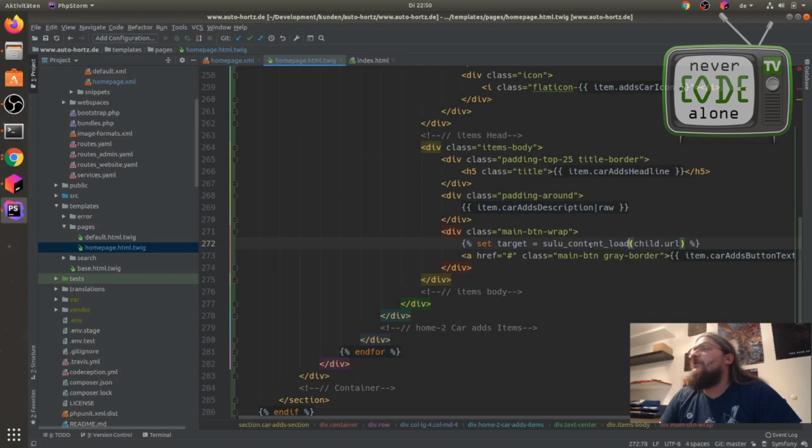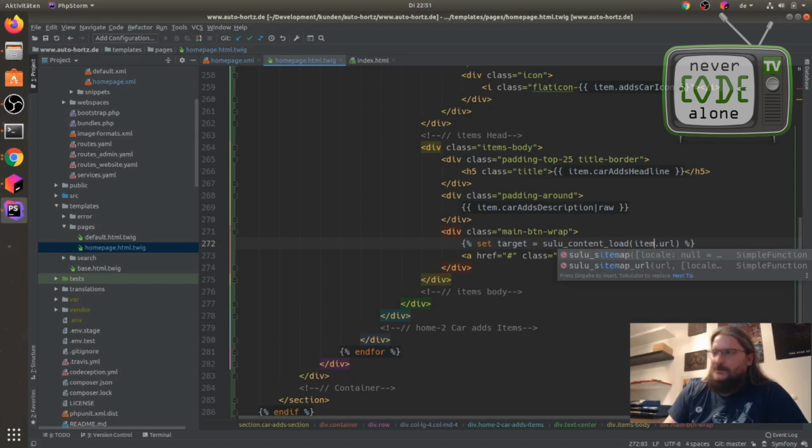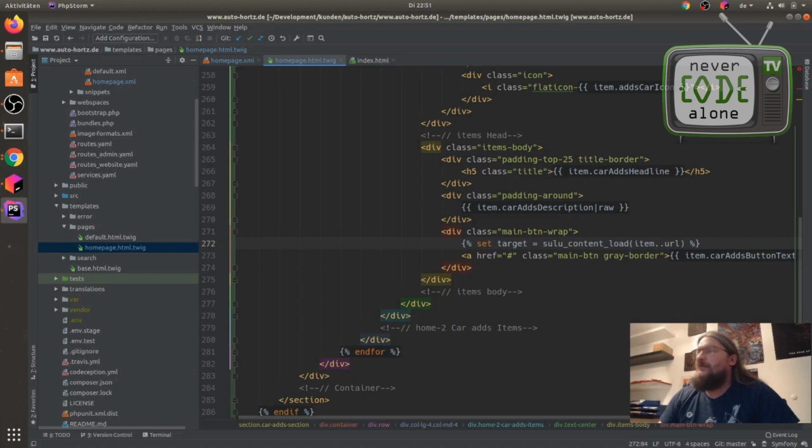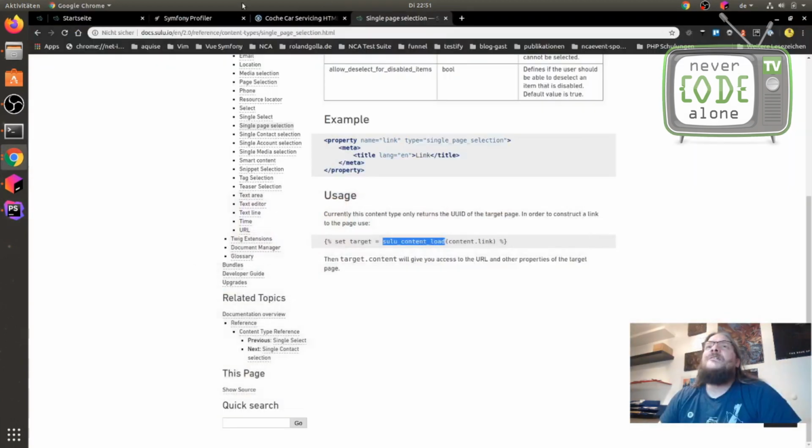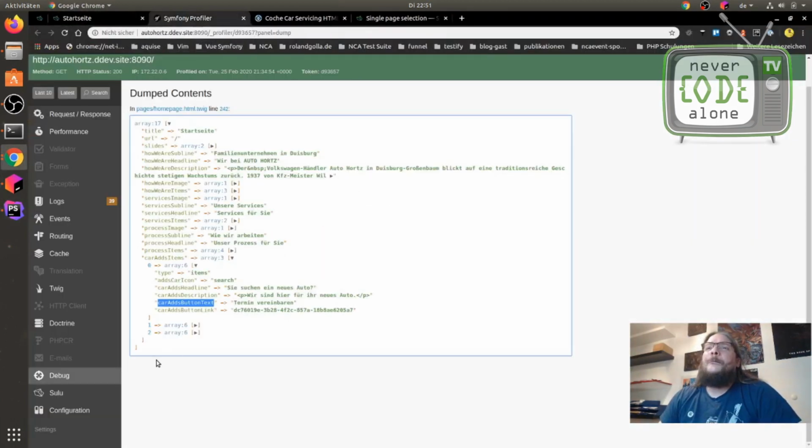Zulu content load, sorry, and then here it's .url, maybe it's item dot the caret button link.